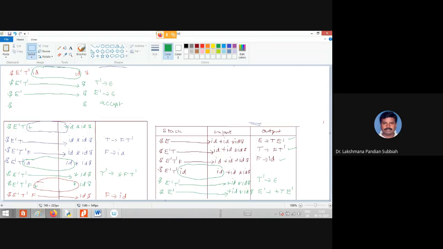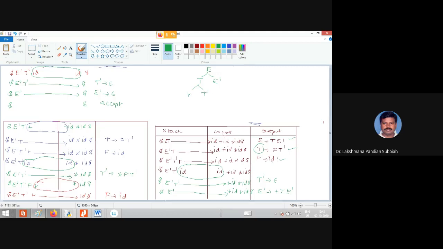So the first production rule is top down parsing, right? Top down parsing is where you construct a parse tree from root to leaf. So here now E, first production rule E derives T E dash, then this T is replaced by F T dash.